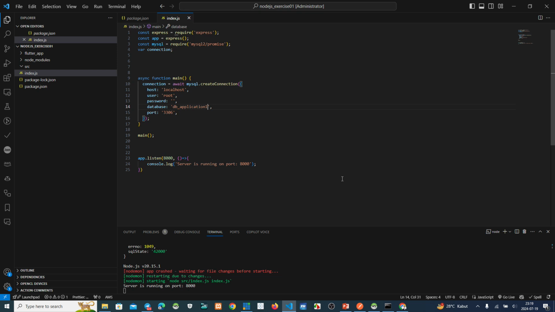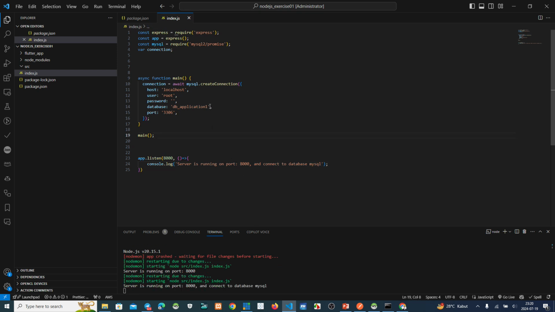Okay, guys. This is the database. The server is running on port 8000 and connects to the MySQL database.